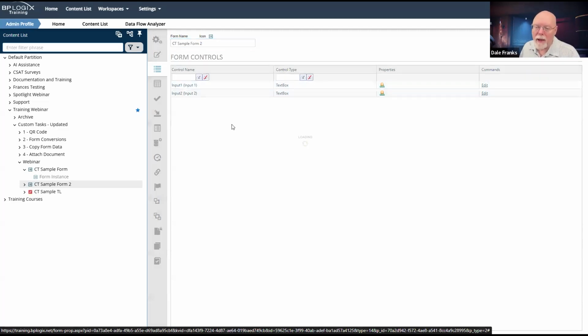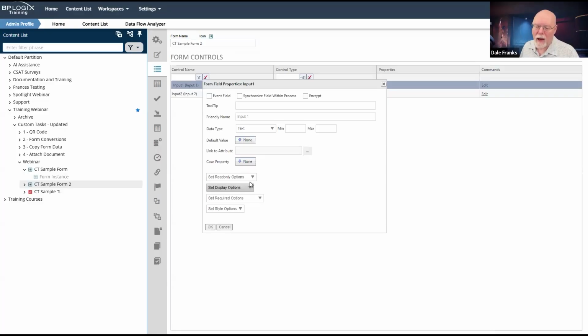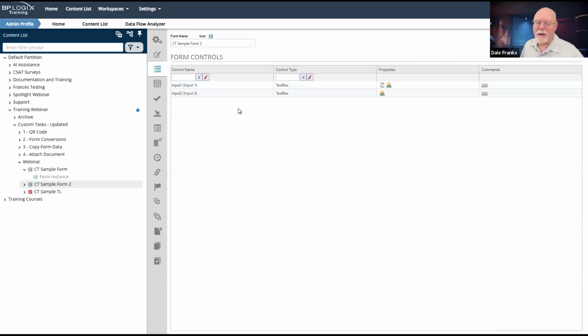What I'm probably going to want to do is set input 1 on this form to disabled. Because with field synchronization, if someone opens this form and they can edit input 1 and they decide to edit it, well, knock yourself out.